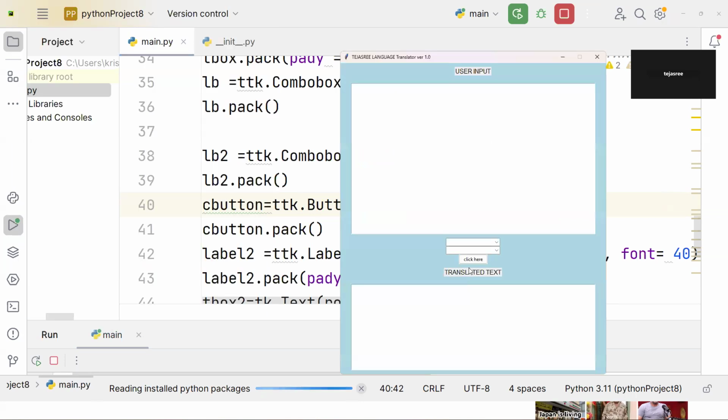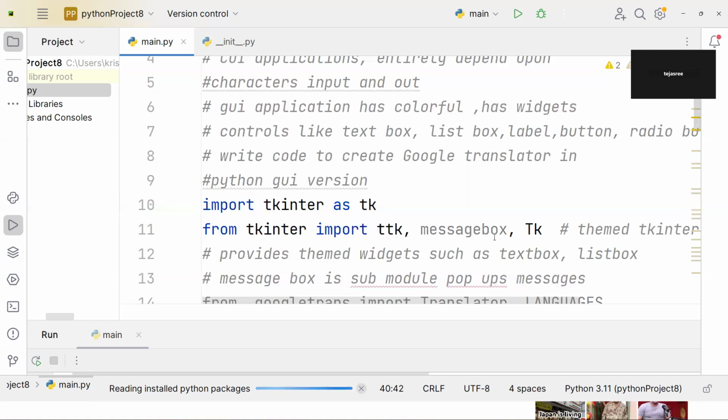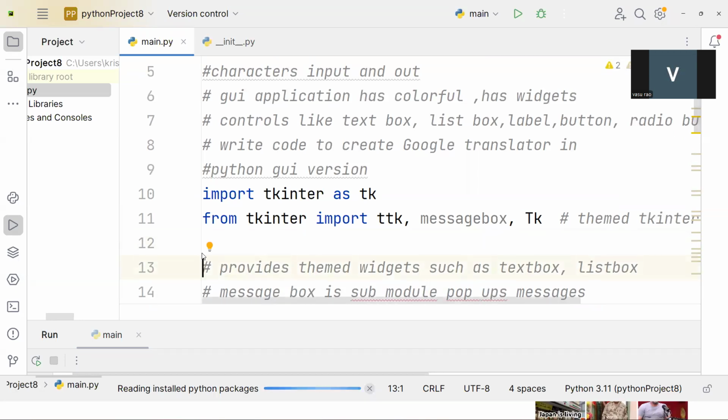So whenever I click on this click here button, the code will be converted. So next code I'm going to write. The next code is what? I need to import one languages dictionary. Here we have